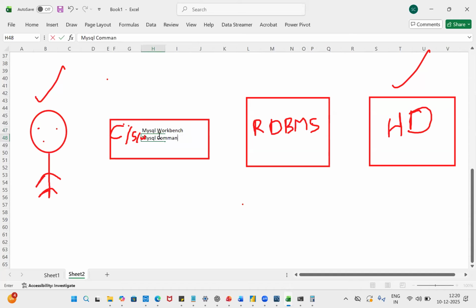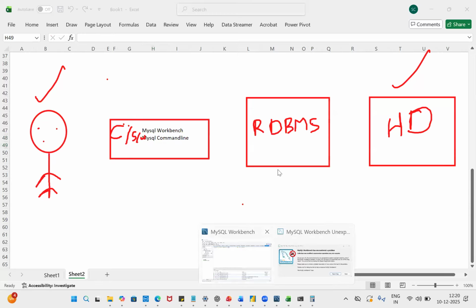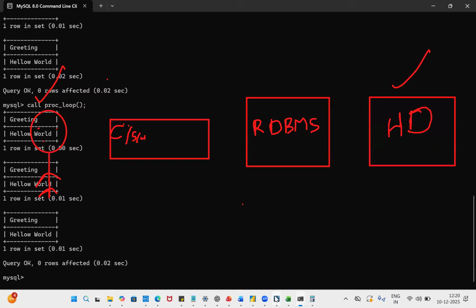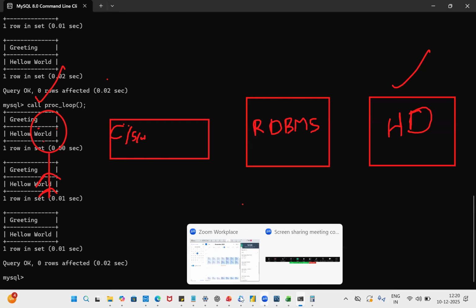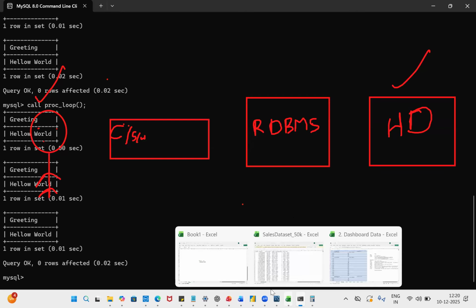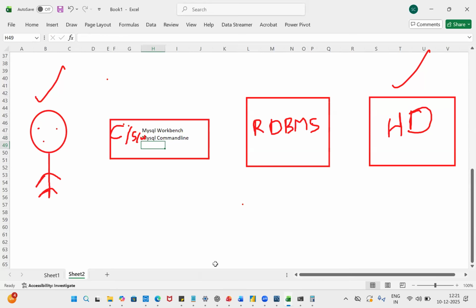So tomorrow when you guys join with me, you're going to work on these two screens. One command line is your black screen. Workbench is your white screen. So this is how your workbench looks like, and this is how your command line looks like. Tomorrow, whosoever enrolls with the course starts joining. First thing we are going to do is the setup. We set up SQL Workbench and command line in your system, and this SQL Workbench acts like your client